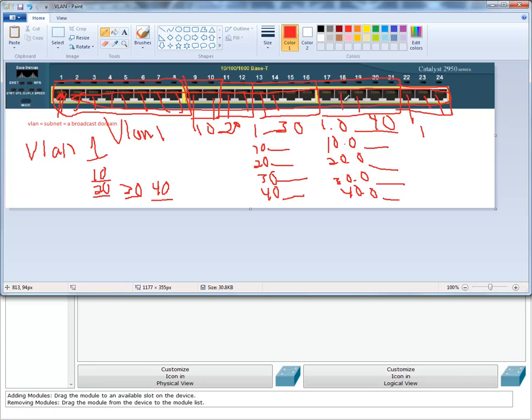And that's the beauty of the VLAN concept, because then you can set it up to where you could have multiple switches. They're all trunked together. They're all one big happy family. And then you can have hundreds of VLANs if that's the way to do things. So what you could do,